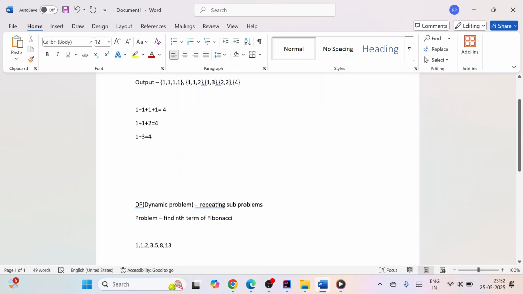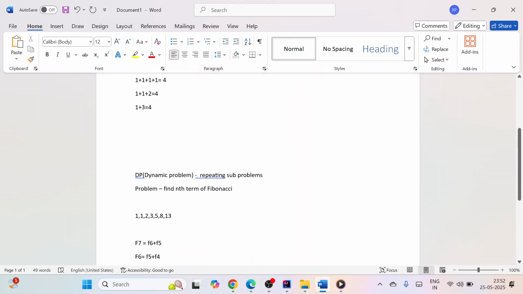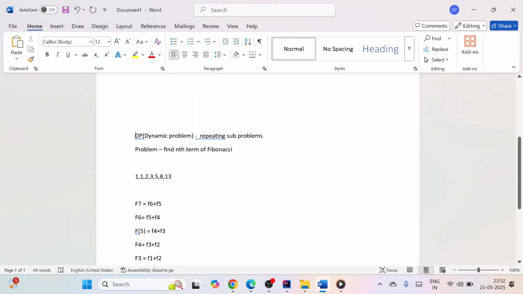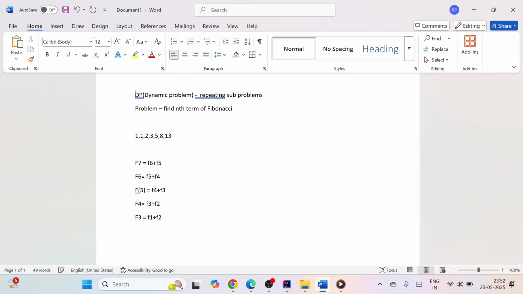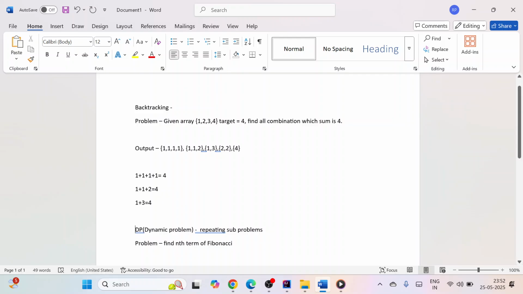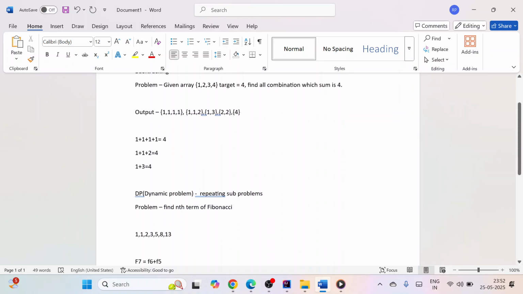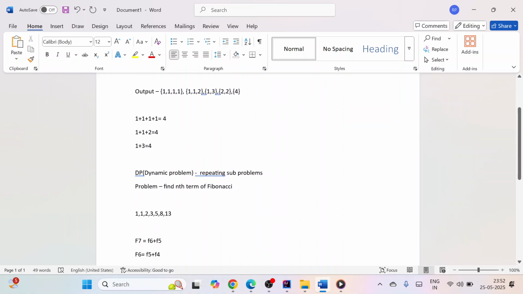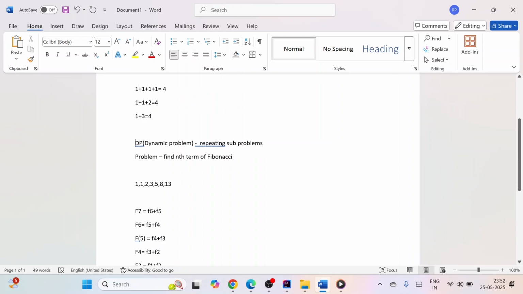I hope you understood where to use backtracking and where to use dynamic programming. A few problems can be solved by both DP and backtracking, but whenever you see we have to backtrack to find the solution, use backtracking. Where your problems are getting repeated, use DP, so you can reuse the calculated solutions to get the proper solution. So don't be confused.